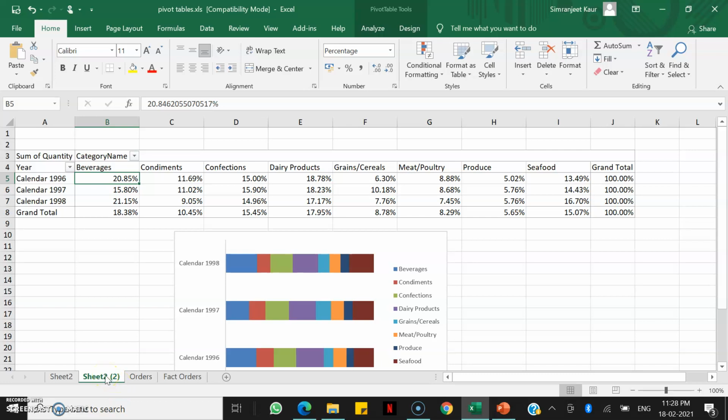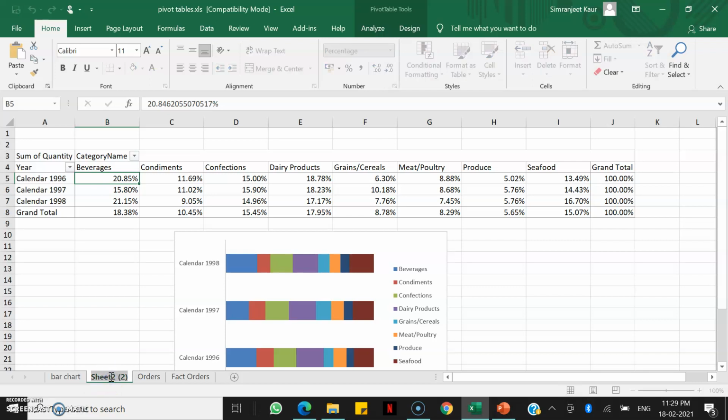Why am I creating a copy? Because for all the pivot tables you want to keep the same source. So remember to keep copying the sheet so that you have the same source. This will help you further when you are making the interactive dashboards, and you are copying all these diagrams for your dashboard, right? So let's rename this sheet 2 as, we can name it as bar chart, right?